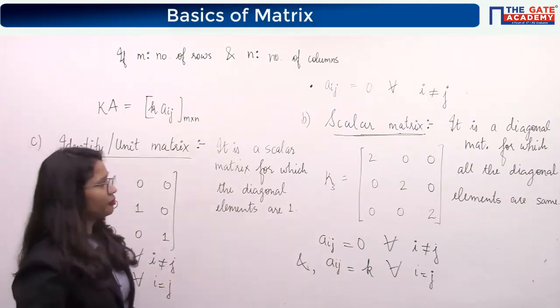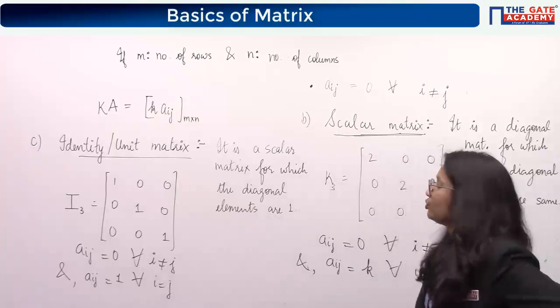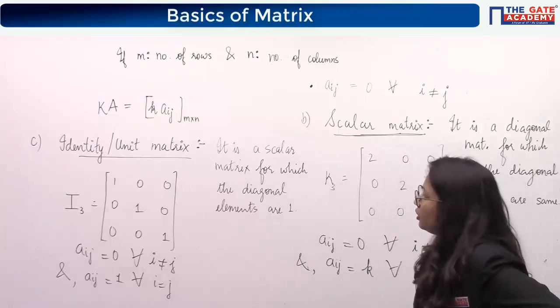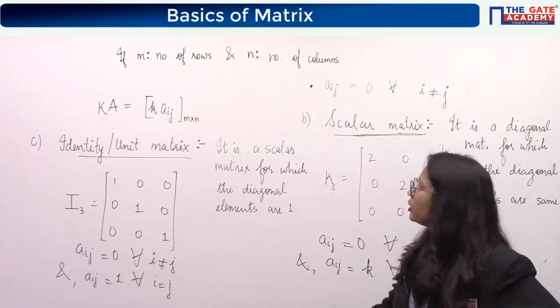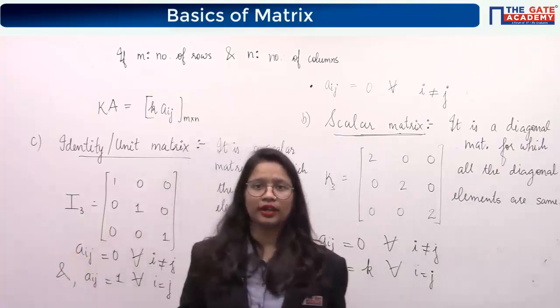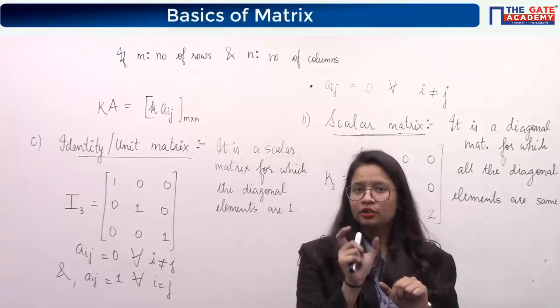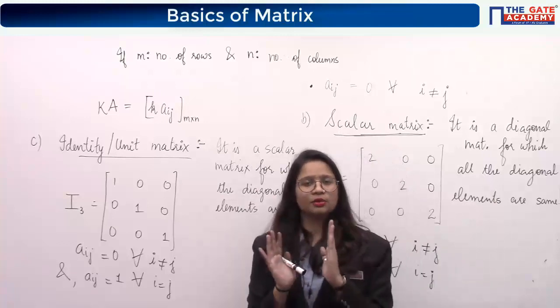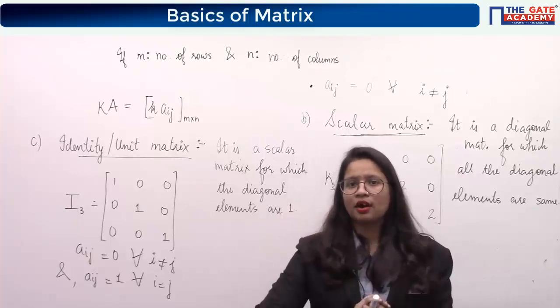Most of you have replied, very nice of you that you are able to understand. Now this is the definition. I think all of you understood. Now let's move forward to the same question: why is this matrix known as a unit matrix? Do you understand what we mean by unit? Unit means 1. Unit is a quantity which has a magnitude of 1.